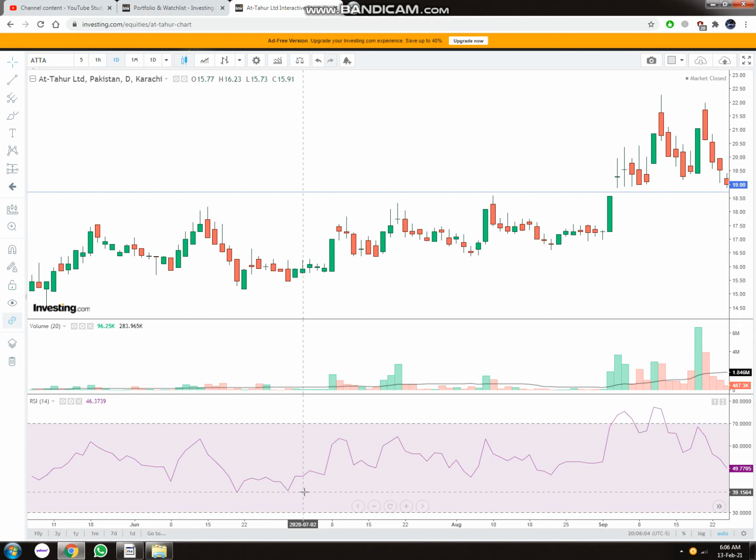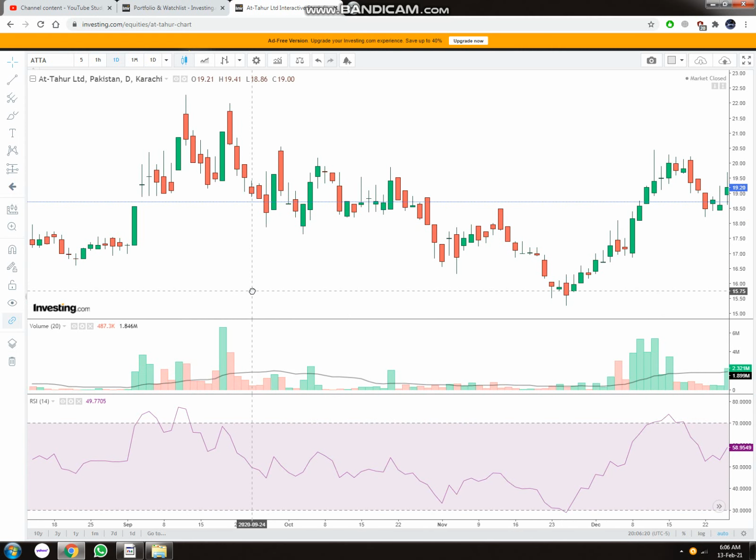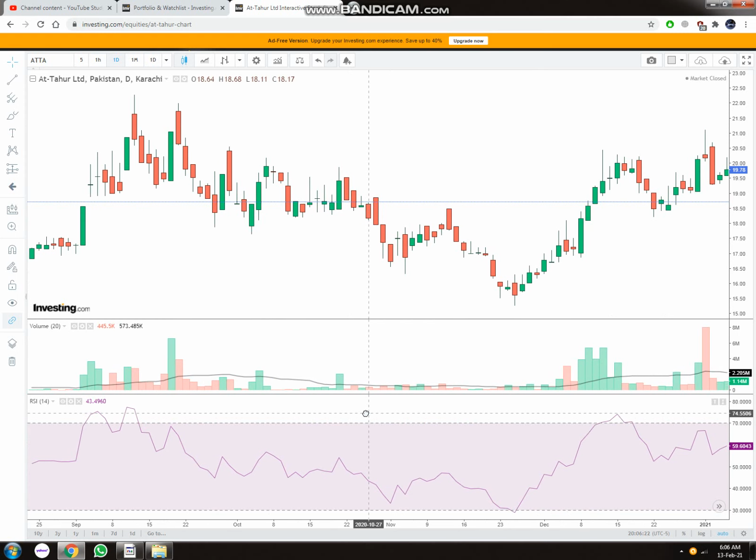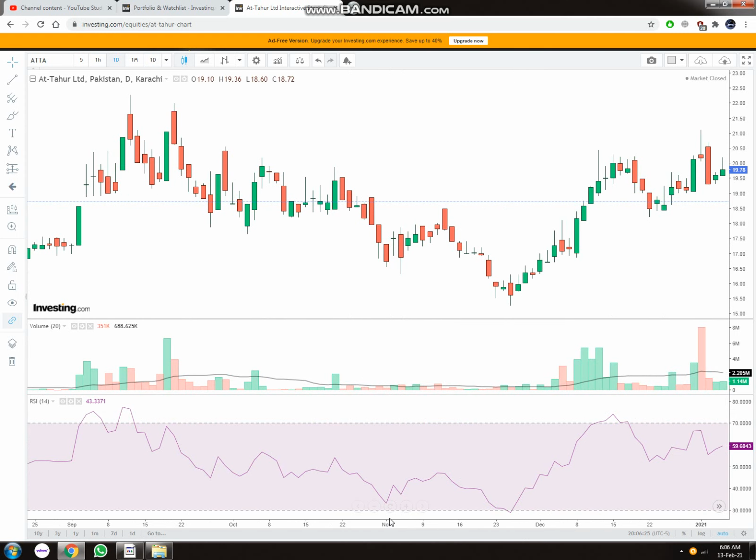the oversold area is random. It showed different results at different points. Now at this level it showed the same result, but not as much as the overbought area. It's not necessary for the RSI to cross this 30 level. It might close at this level; you just have to know where it closes and from where it went back up. Now you can see that these are bearish candlesticks, and the RSI showed bullishness at this level.